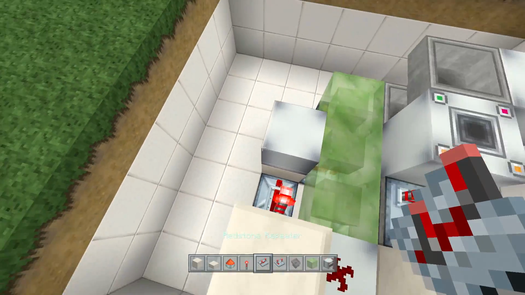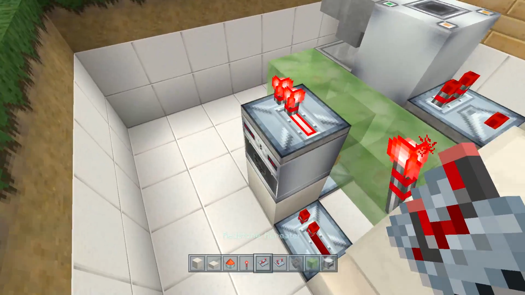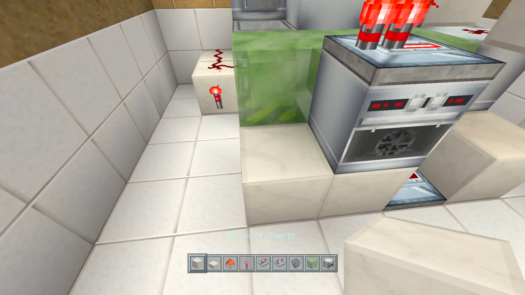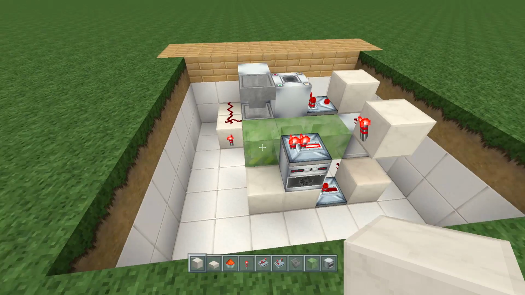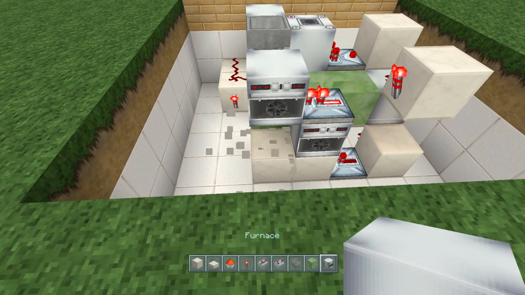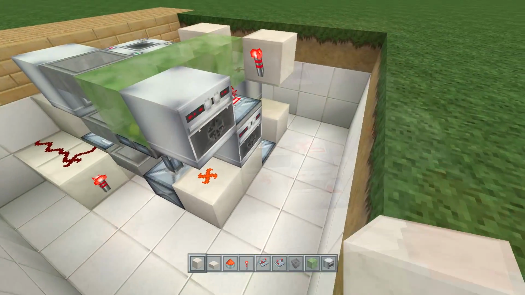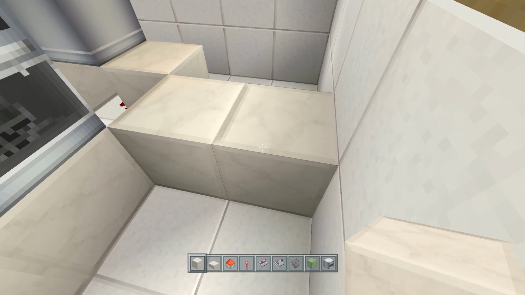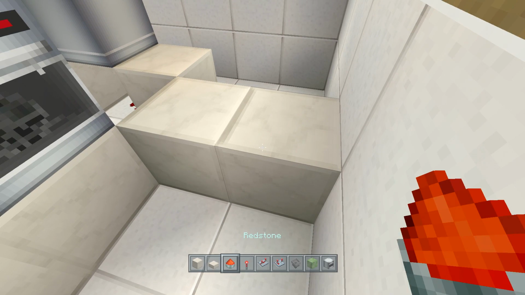Then you're going to place a repeater going forward on top of that furnace and a block right there. And you're going to place another furnace in front of that repeater, and you can delete the block underneath and place a redstone dust right there. Now once you've done that, guys, you're going to place 2 blocks right there, and on the left hand side